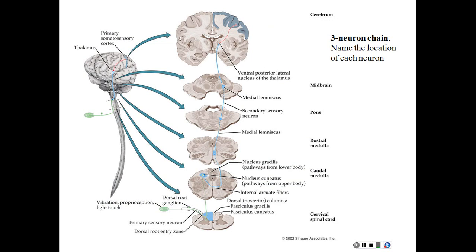Big pathway. So what are the major parts of this pathway? One thing, 3 neurons. The first neuron is peripheral. It's in that dorsal root ganglia, but its axon comes into the central nervous system. Where do we find the second neuron? In the brainstem. Specifically in these 2 nuclei called cuneatus and gracilis, which match up to these pathways here for the upper and lower parts of the trunk. It's the second neuron's axon that crosses the